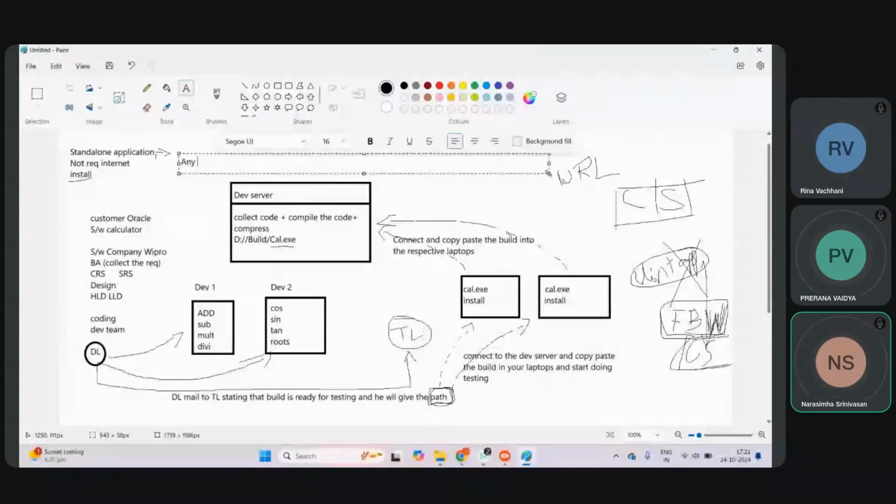So I can tell any application which is installed in the local device and can be used without internet